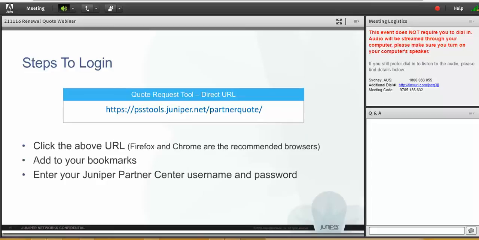And this tool works on all browsers, and though we recommend Firefox and Chrome, you should be fine if you're on Internet Explorer. And you will need to use your Juniper Partner Center username and password to get onto this tool. This is the same username and password that you may have used to register and get into the training today. Okay, and